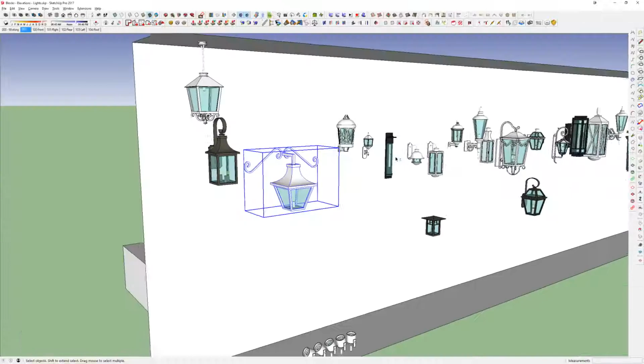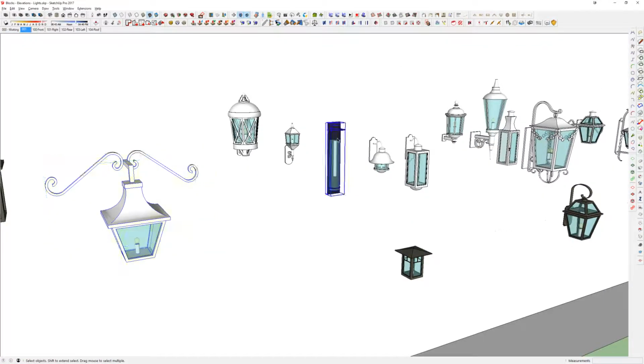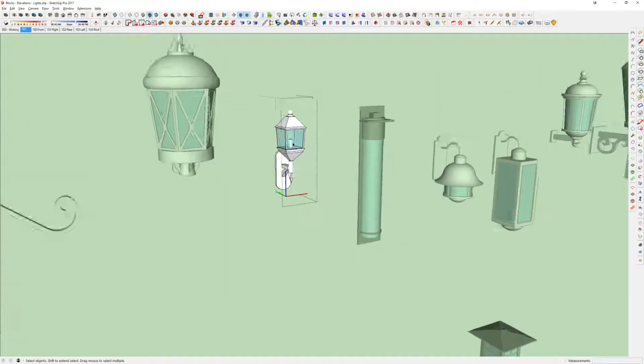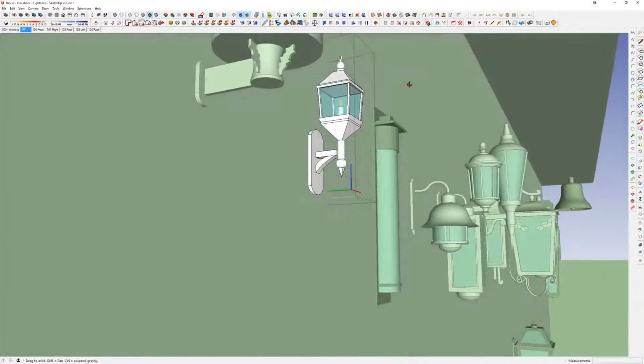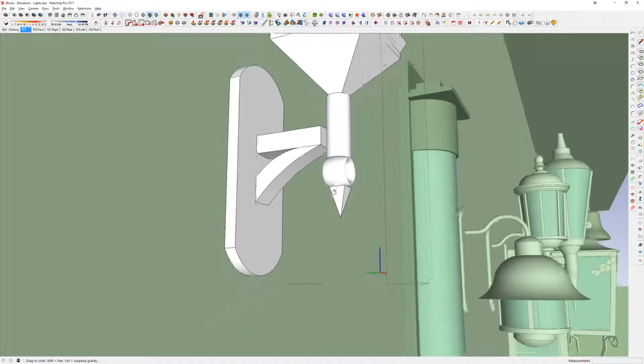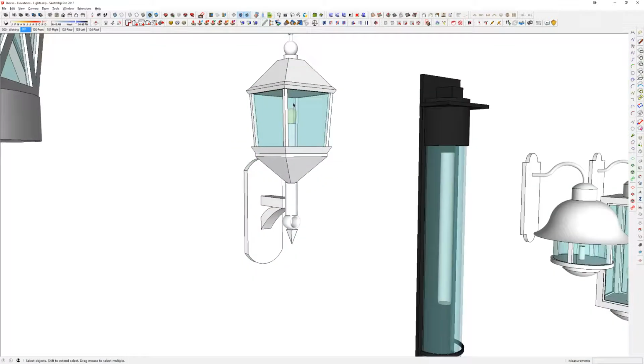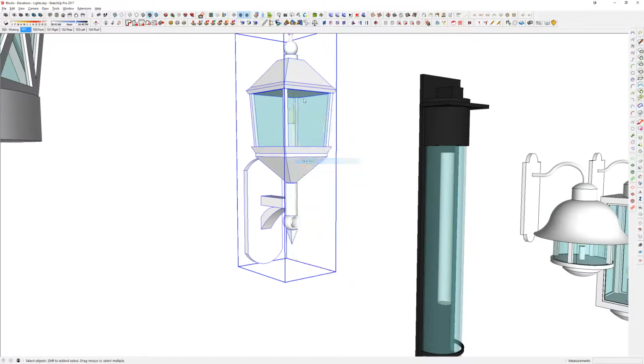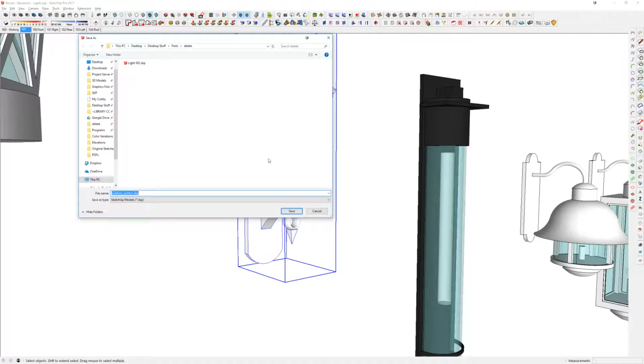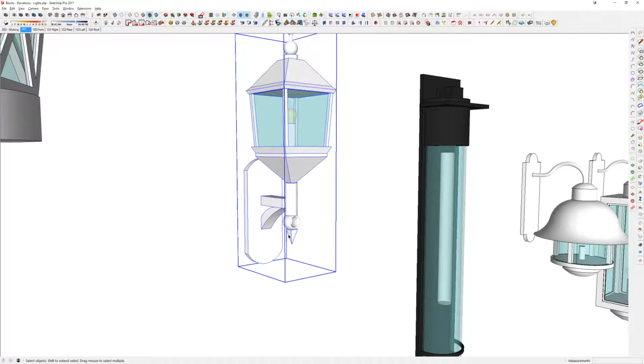But for example, let's replace it with something that was not built well. So this one's a great example. I don't have the origin point in the right place. See how this origin point is hanging off in space? So this one definitely needs to be fixed. So I'm going to right click and just say save as, and again I'm just going to save it. And if I didn't look for where the origin point was and just assumed that I had built this correctly to start off with,